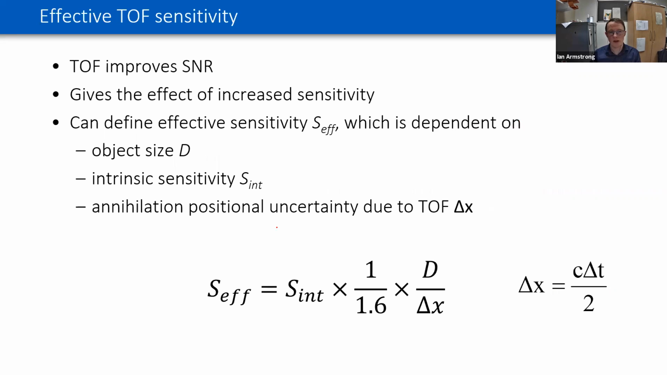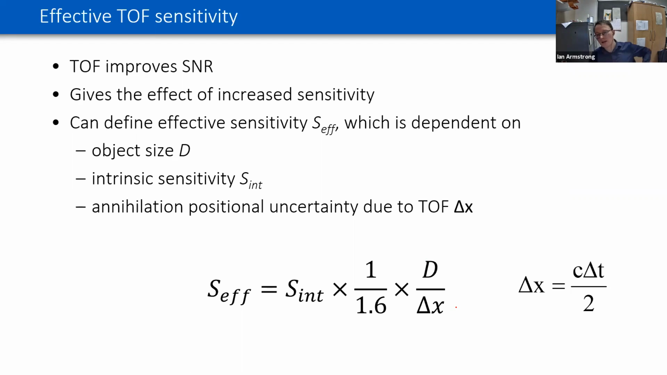So what a lot of the manufacturers are now defining, particularly as we see these more up-to-date time of flight systems with the more modern technology, is an effective sensitivity, which is a result of the time of flight gains. To calculate that, we take the intrinsic sensitivity and multiply that up by the sensitivity gain attributed to the time of flight. And of course, as I've said, that is dependent on our object size D and our positional uncertainty,